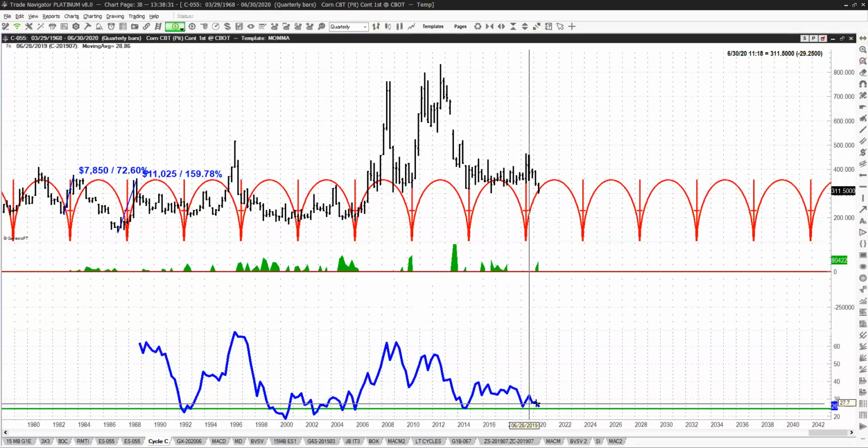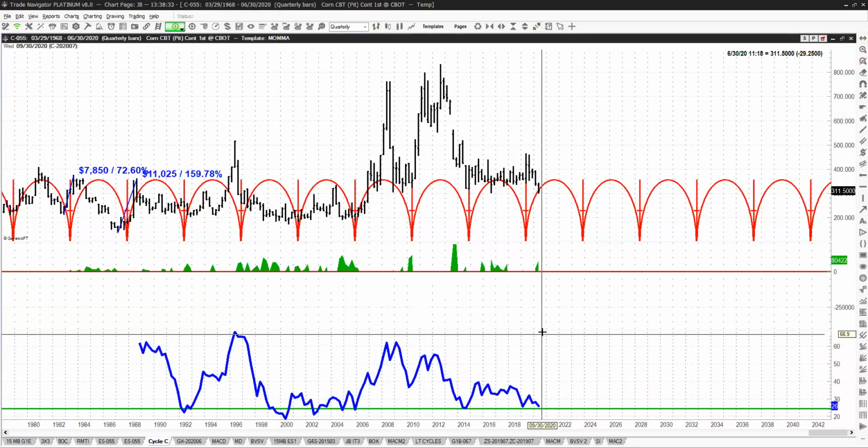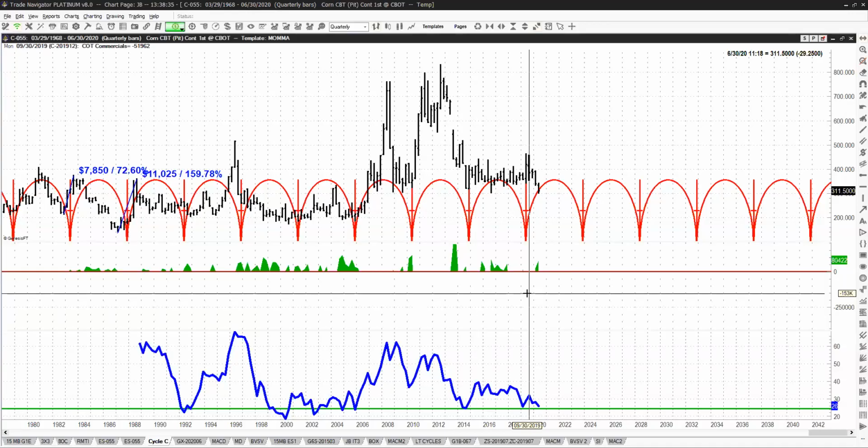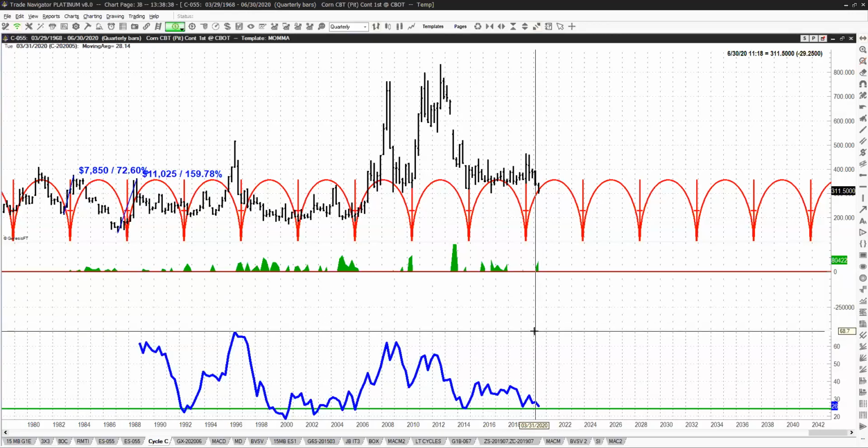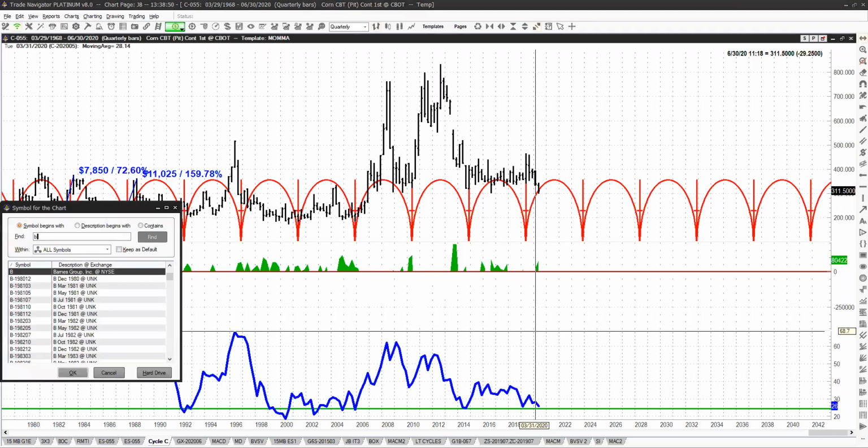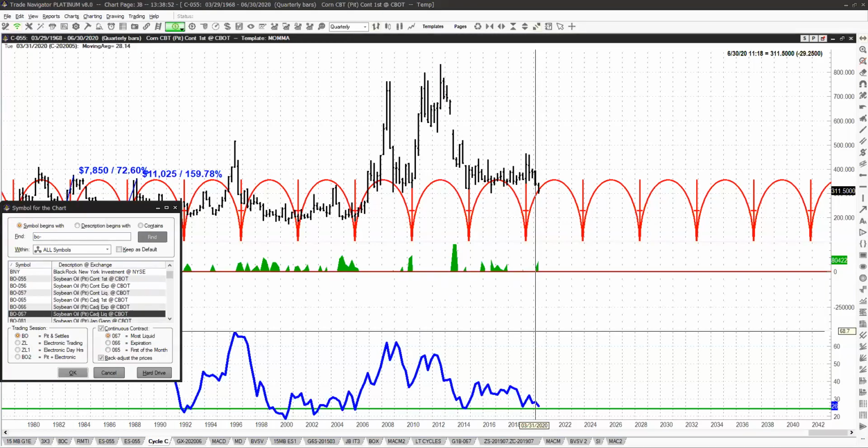Right. So this combination, professional buying, overdue cycle low, small trader negative, is a perfect combination, which basically says, at the very minimum, you don't want to be short this market, but you do want to be looking for a place to buy it. Let me show you an interesting chart, one that most people have never looked at before. It's this one right over here. I'll put it on the screen. And that is